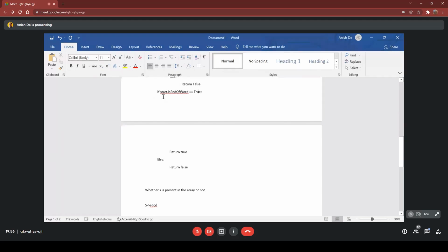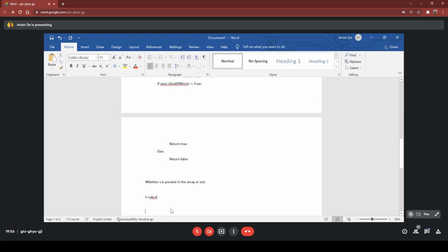So if there is a word ending with D in the array, then S is present in the array, right? Is this clear? Yes, it is clear. Okay, so that's why I am giving this condition.